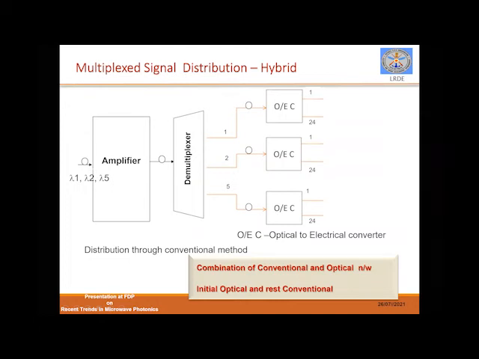Hybrid means your signal will be multiplexed and coming to the antenna, and from the antenna the distribution is happening in the conventional RF domain. That means as soon as it reaches the antenna, it is demultiplexed, and five signals are separated out, and these five signals are then converted to the electrical domain, and in the electrical or RF domain, this distribution is happening. So what exactly I wanted to tell you over here is, out of these four schemes, if we take